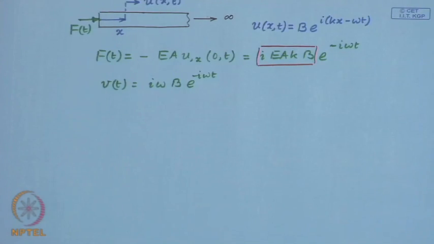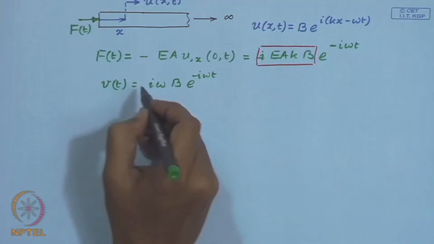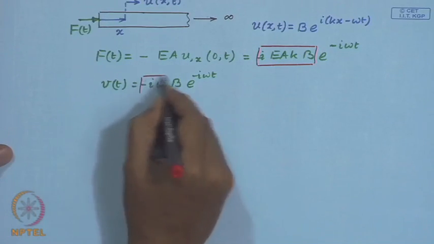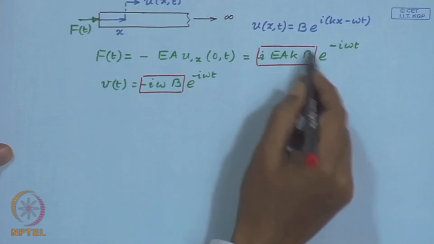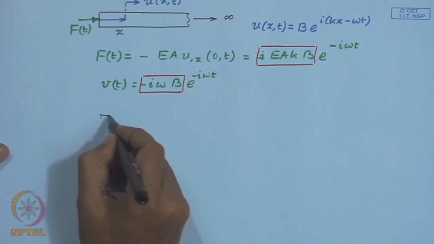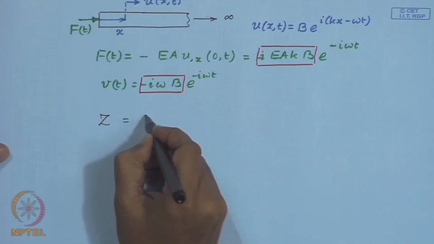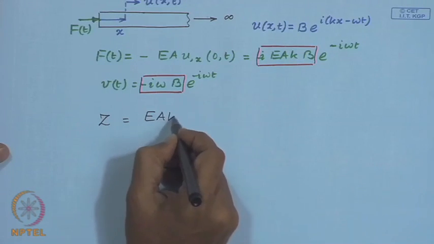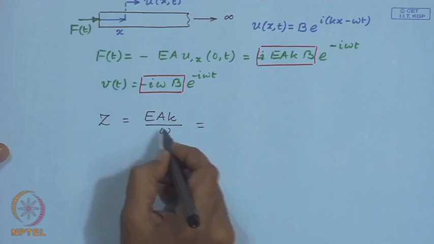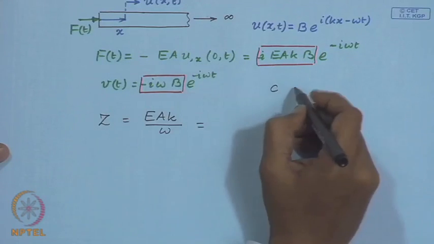So, here I have a negative sign, and here also I have this sign. So, this is the complex force amplitude, this is the complex velocity amplitude. Therefore, once again I can define the impedance of a semi infinite bar as E A. Once again omega over k is c, and E A can be